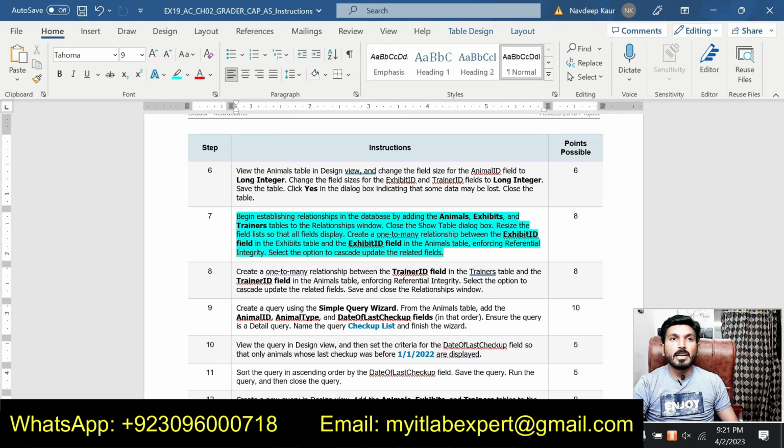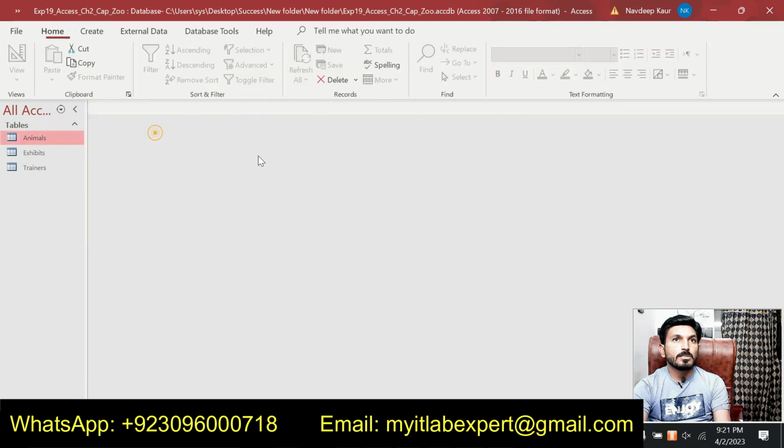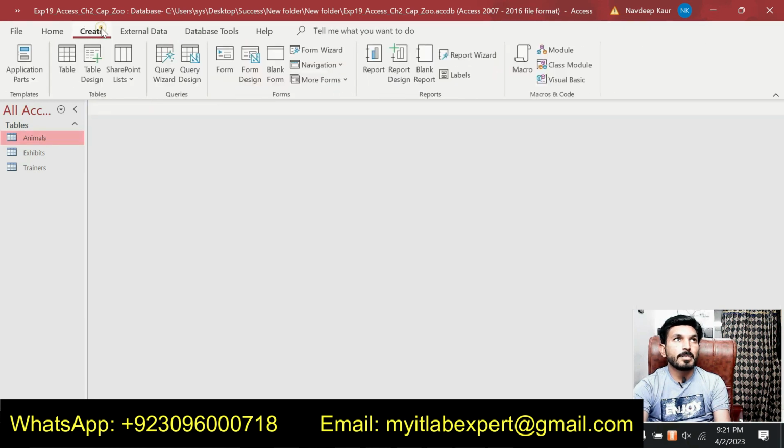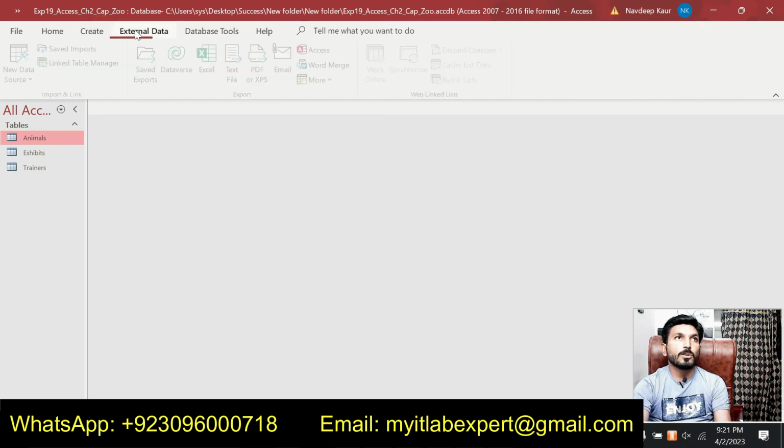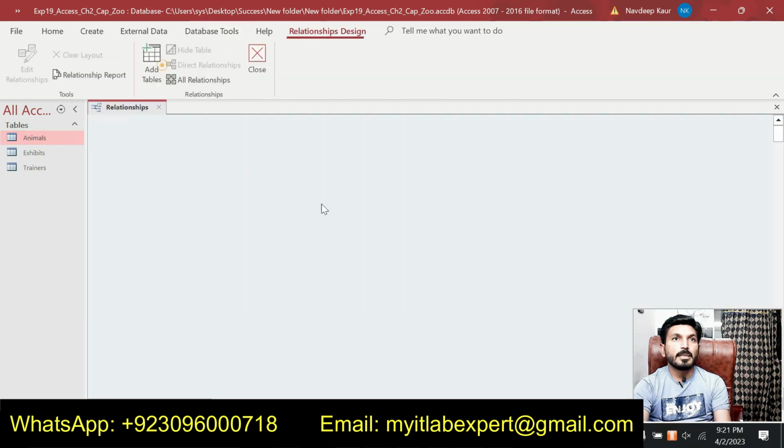For this, we will first add all these 3 tables. Then we will start creating the relationship. So let's go to the sheet. Then let's go to the database. Close this one and go to the create tab. So now we are supposed to create the relationship. For this, we will go to the database tools and create the relationship. So click on it